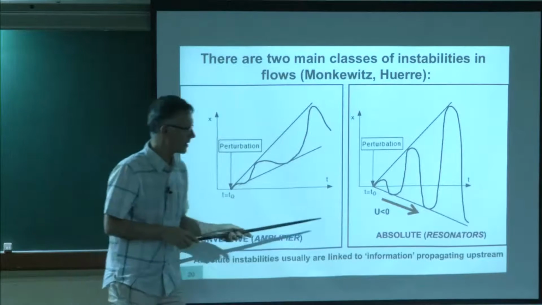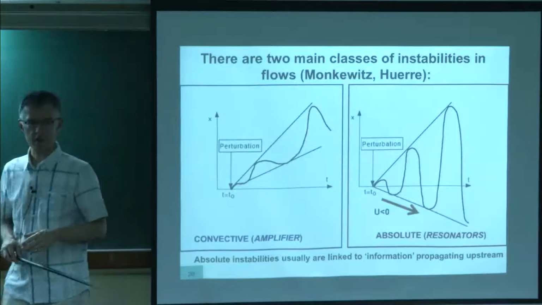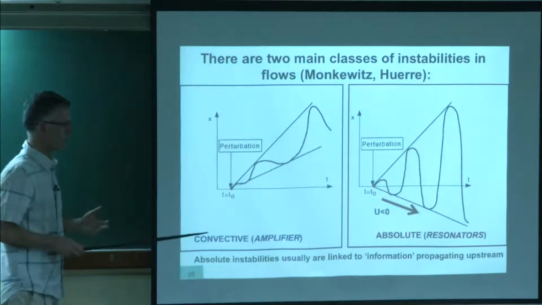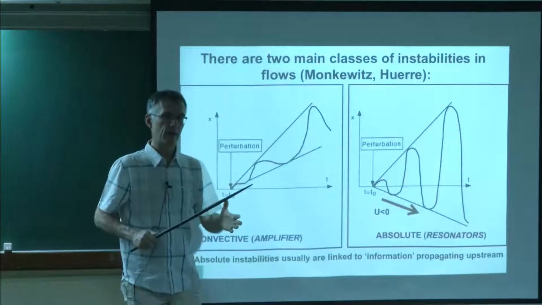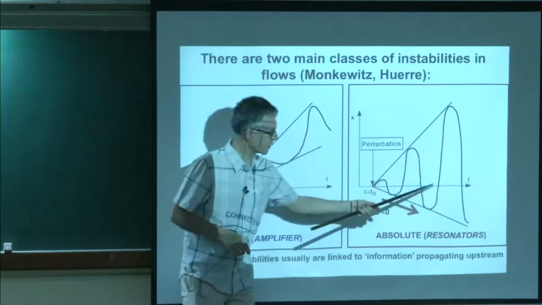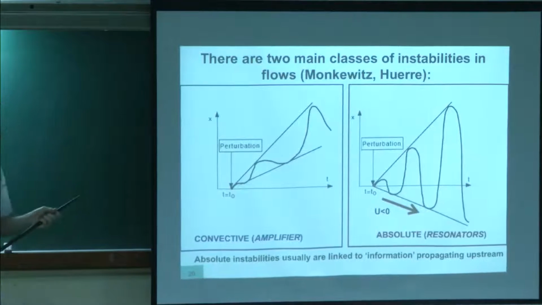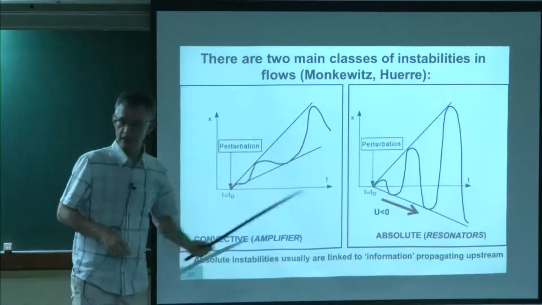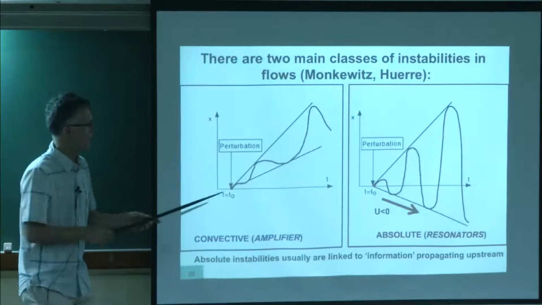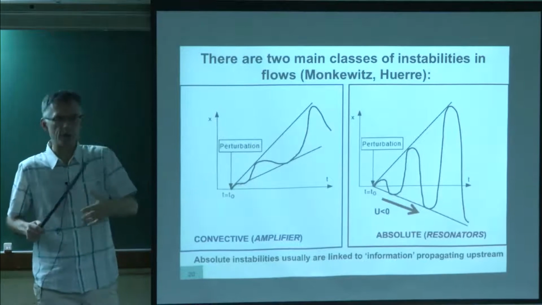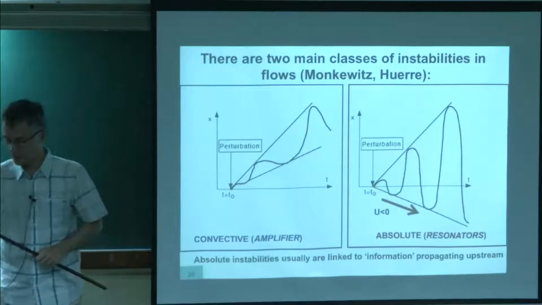The absolute instability, on the other hand, is something different. You have a system, and I've shown an example actually 2 days ago during the seminar. You have a system which is stable, you perturb it, and then it starts oscillating, and it keeps oscillating all the time. And it will keep going forever. That's an absolute instability, and of course, this is what we would like to avoid. Normally, it's okay if you add a perturbation to your engine, and after a few milliseconds it comes back to stable, you're fine. But if you perturb your engine, and it does not go back to stable, then you have a problem.